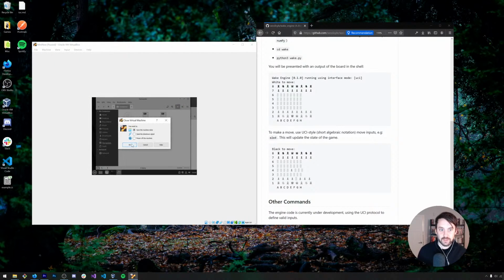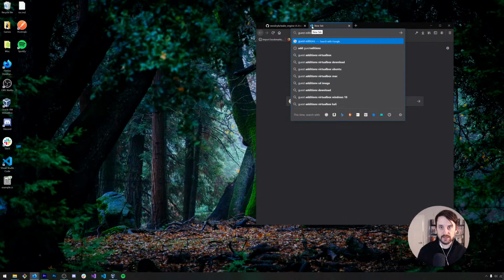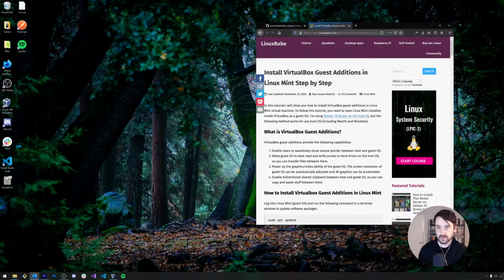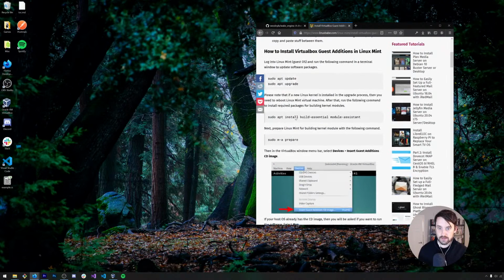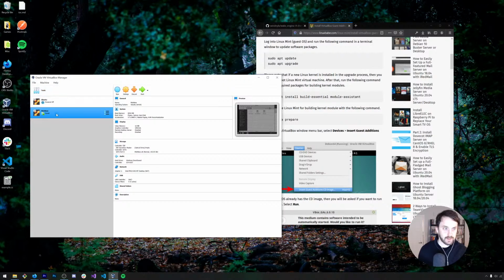Alright, so we'll power the machine off. I didn't really want to save its state, I wanted to power it off. And then we want to install guest editions, VirtualBox guest editions in Mint. It's in devices, okay.